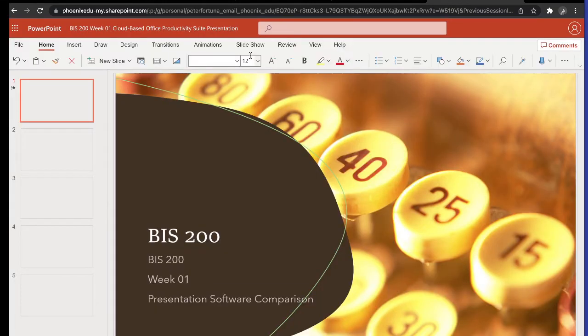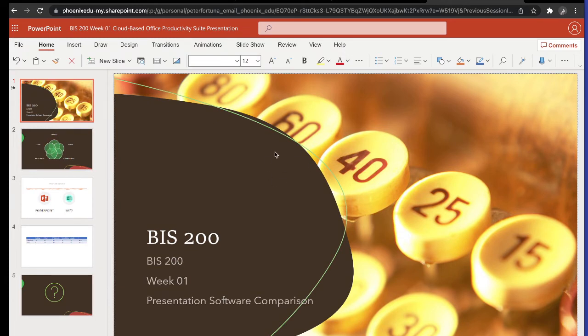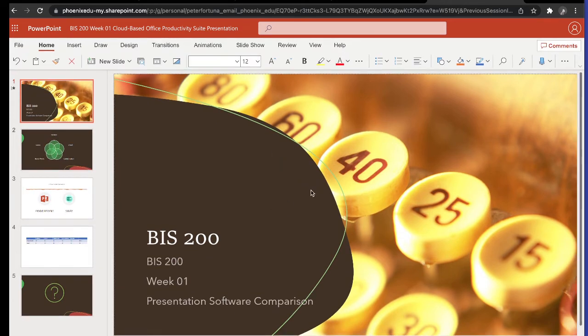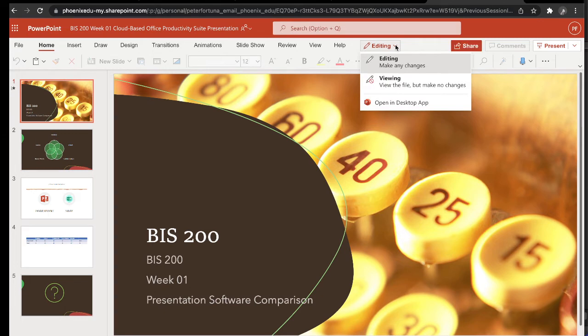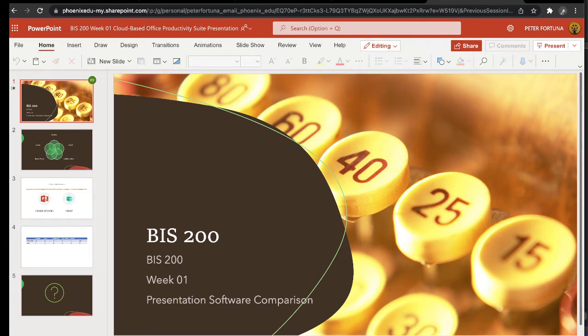So if you didn't see what I did, this is Microsoft PowerPoint Online, and it's a limited application, right? It's a cloud application with not the full feature set. So I clicked editing and I clicked open in desktop app, and then I'm gonna leave this open, but I could actually close it. I'm leaving it open so I can demonstrate, hopefully,